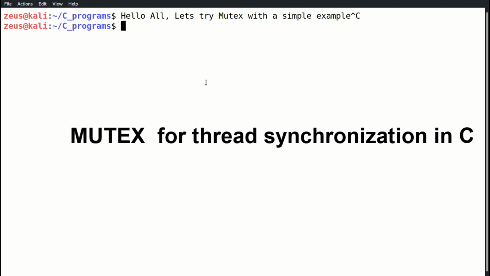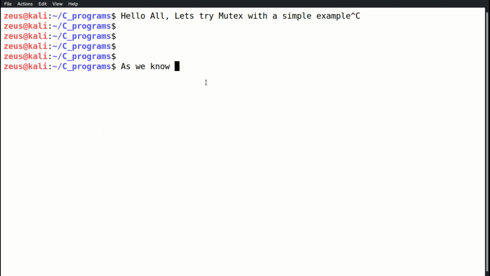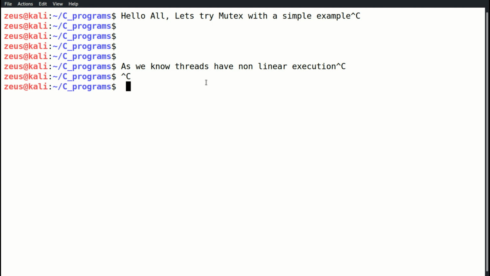In our previous video about threads, we discussed how threads are lightweight processes, how we create them, how they run in parallel and are independent of each other. So if there is no common data involved to be operated on by the threads, there is no synchronization problem. But if there is some common data involved between two or more threads, in that case, we need to take care of synchronization.